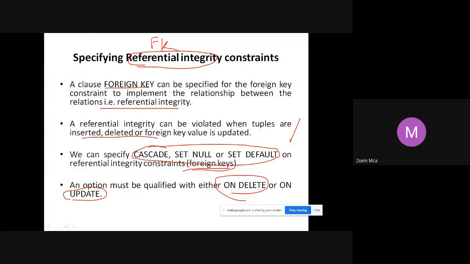So when I say cascade, set null or set default, these have to be used along with on delete or on update. These options cannot be used individually. And all these are used when you want to insert, delete or update using the foreign key.